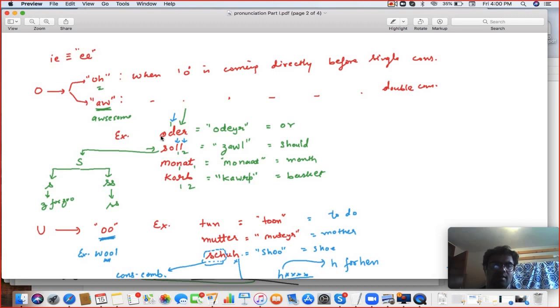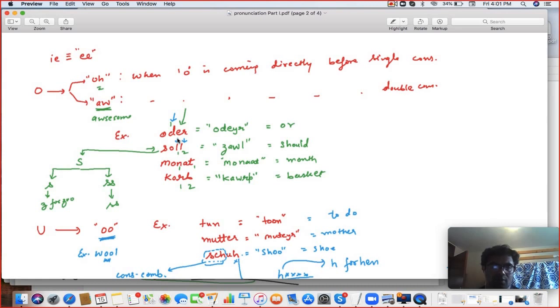So speak the first example. Order. Second, Sol. So single S is Z, double S is S. That's Zol. Next, Monad. Next, Korp.